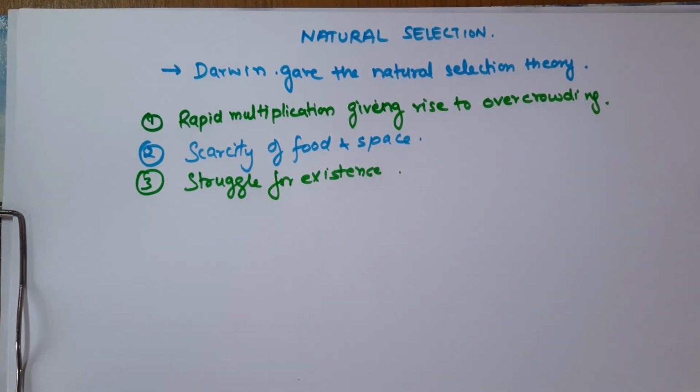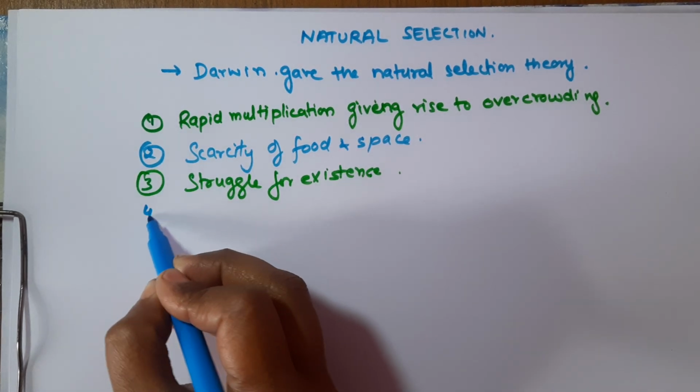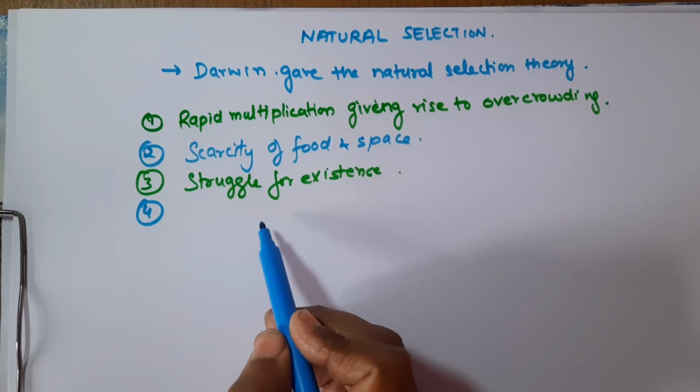What happens is that due to the large population, whether plants or animals, everybody requires food and space. So there is tough competition within the species and with other species also. To face this struggle,